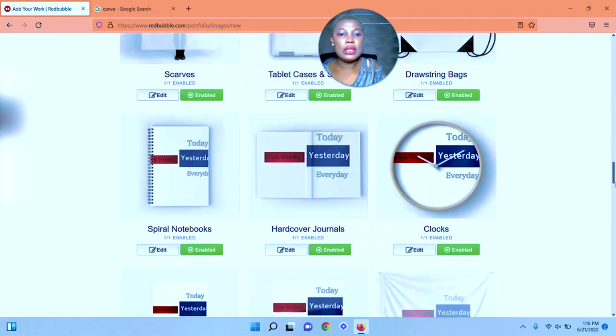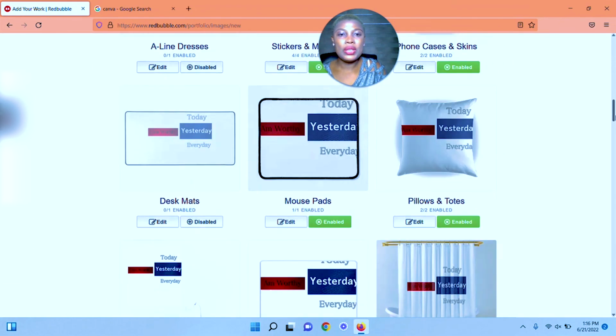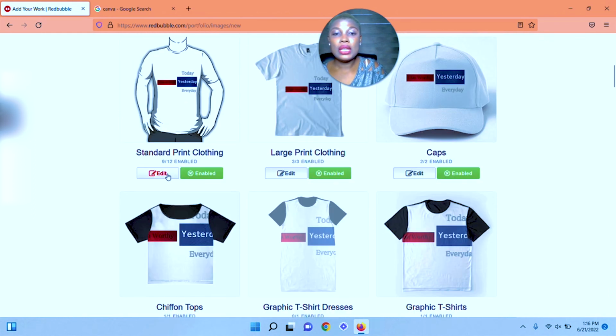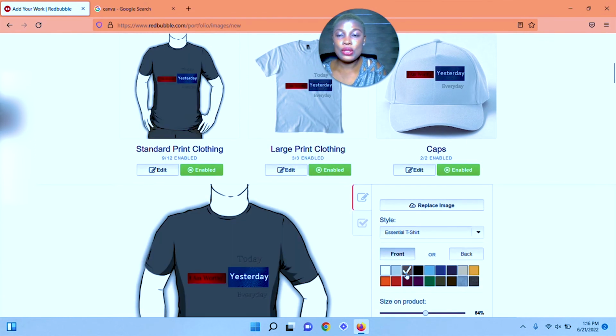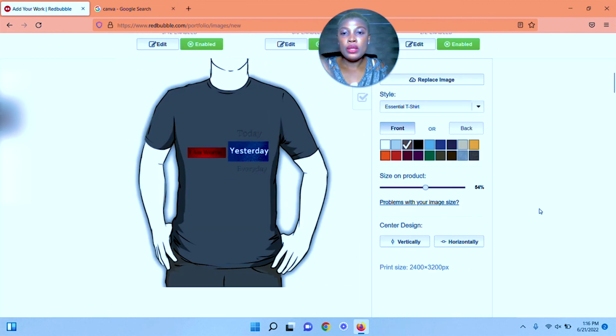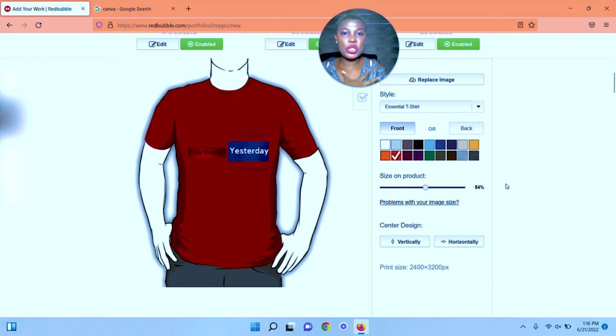So after you are done with the design, you come in here and then you upload. You can even say that you want the color to be black. You want to use a black color to showcase it. And always be mindful that your letters come out. So that is why I prefer either an ash for this or a white, or you can use a red. It really depends on you. Just make sure that what you have designed comes out very well.